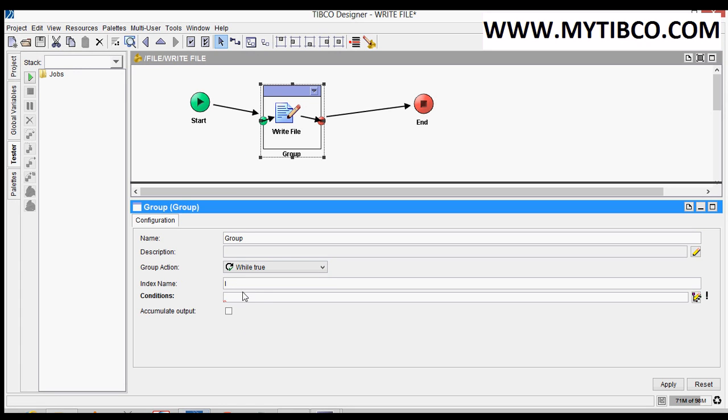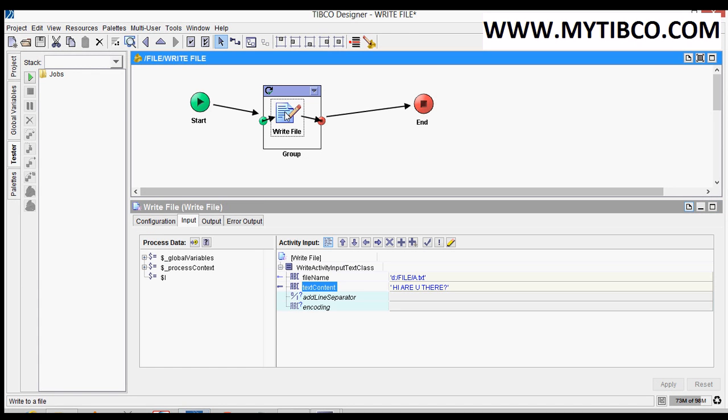I want to iterate this for 10 times. Okay, let's iterate for 10 times. Okay, click on apply. I want to write the data in the file, the index value.